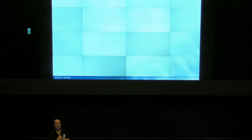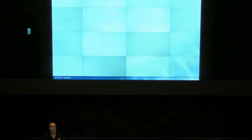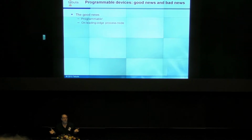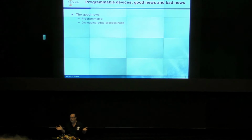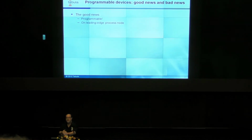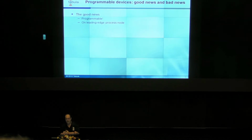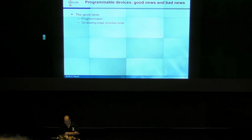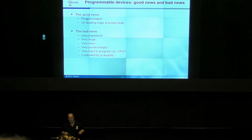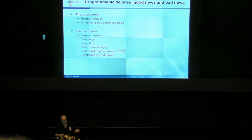Programmable devices. Well, we want to build something better than an FPGA. Let's look at today's programmable devices. As far as I'm concerned, there's good news and there's bad news. The good news is, well, they're programmable. That's a great thing. You can change it, set a chip into whatever you'd like it to be. And historically, programmable devices are always on the leading edge process, taking advantage of the best manufacturing available. The bad news is FPGAs just aren't very good. They're very expensive, and they're very large, and they're very slow, and they're very power hungry, and they're very hard